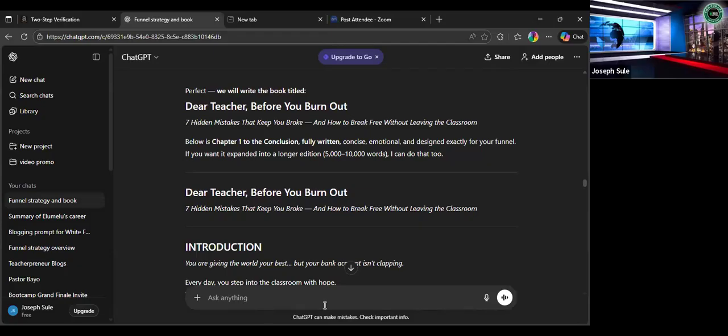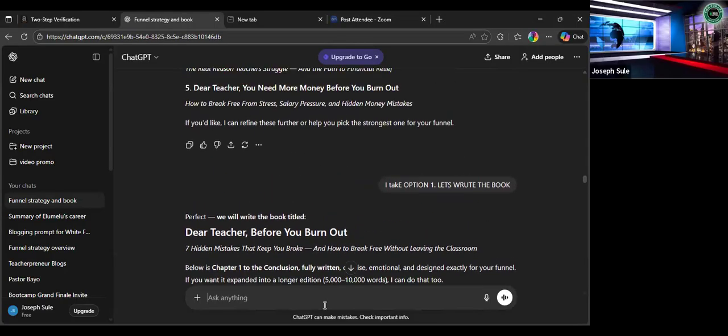Books are much, much easier to write than something like a video promo or a video animation. With that one, you need lots of tools, about 4 tools. But with this one, just one tool, ChatGPT, basically, except when you come to the book cover design, you go to Canva. So upload your book to ChatGPT, the one you have written and possibly launched.